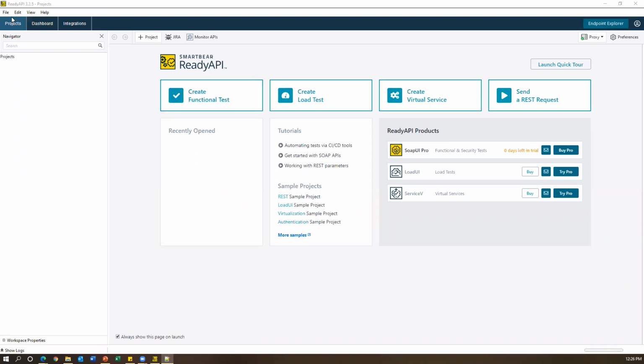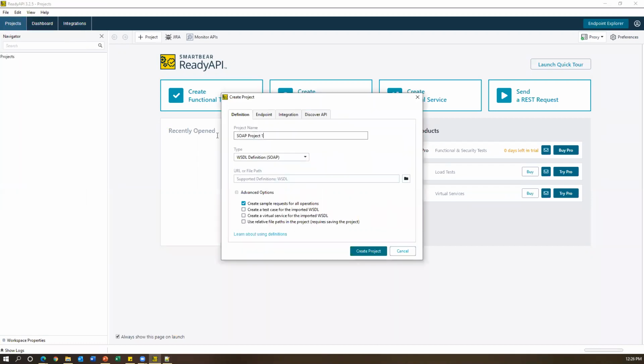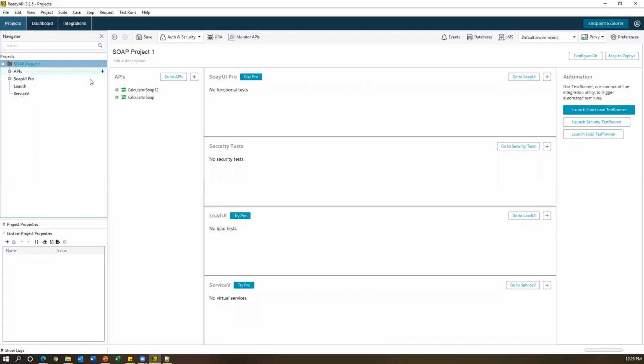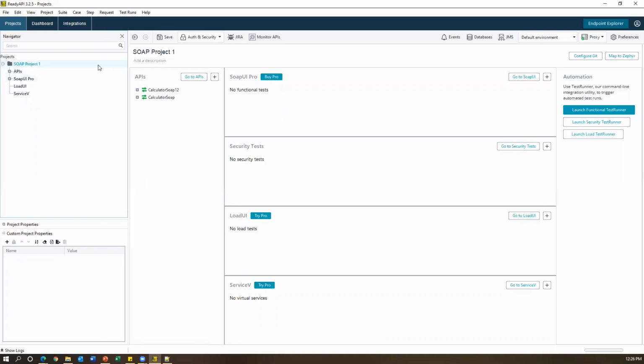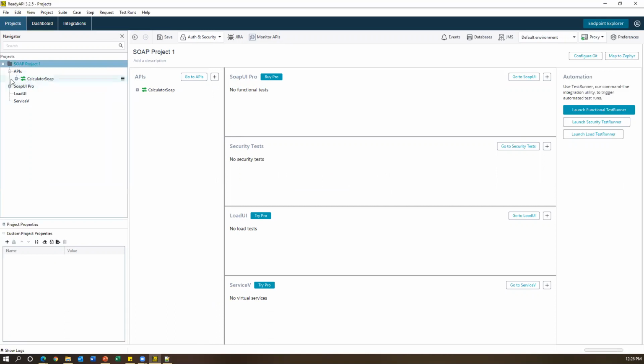Let me just create file, new project, and here SOAP project one. I'm just selecting WSDL definition and say WSDL document URL. So once you say create project, which will create a new project in the SOAP UI or Ready API. So if I just go to APIs, we have two API versions. I can just remove the first version. All right, so now if I just expand this calculator SOAP, here we have 4 different operations: addition, dividing,